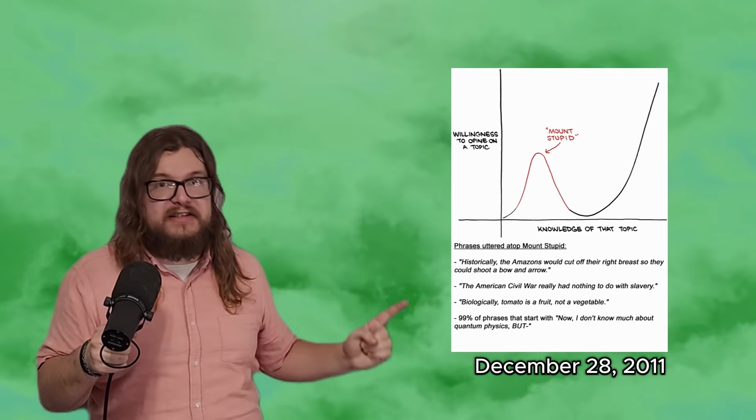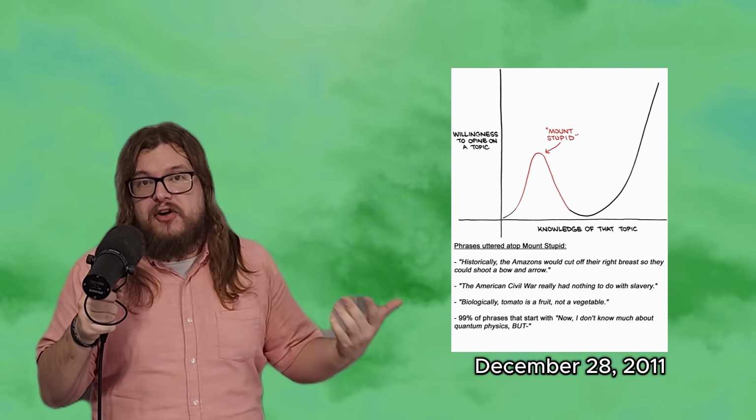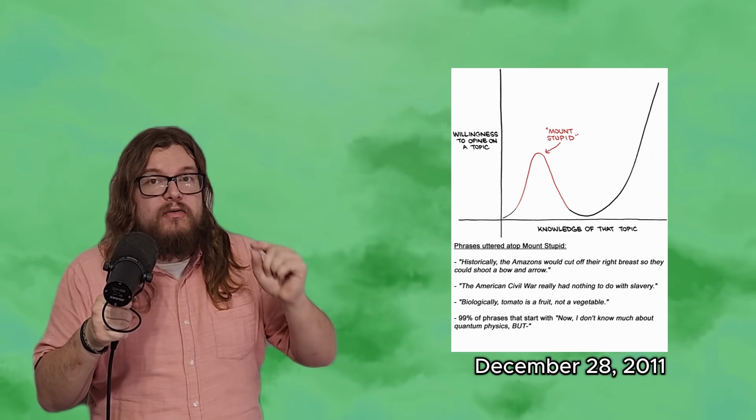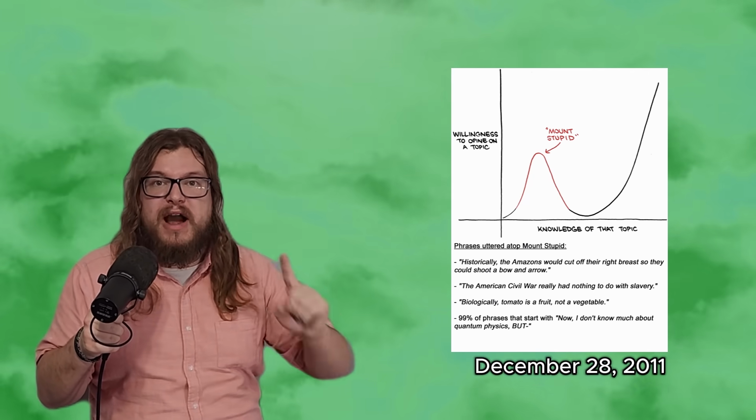To get back on track, SMBC isn't quite done in the story, because they uploaded a very similar image again on December 28th, 2011. The comic for that day was this graph, mapping someone's willingness to opine on a topic versus their knowledge of that topic. Not only do we see the familiar shape again, we see that initial hump wearing the proud label